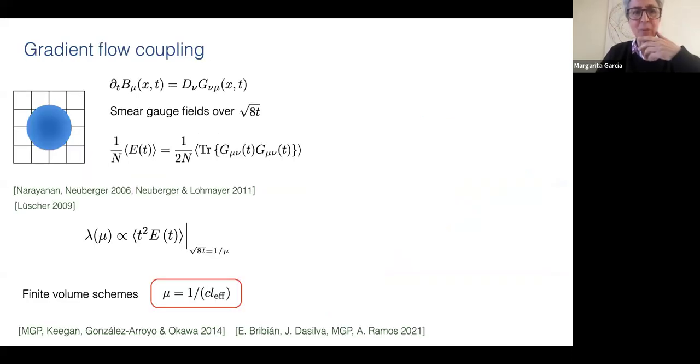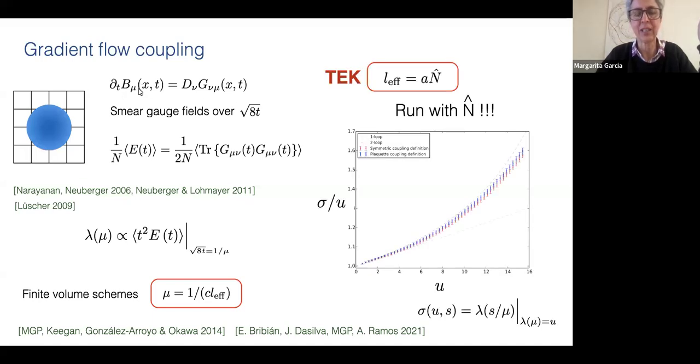Something else that we have done, which I think is sort of cute: there is nowadays something very popular in the lattice community called the gradient flow, which is used for many things, in particular for deriving the running coupling, I mean alpha strong. The idea is basically that you introduce a fictitious time called the flow time, and you evolve the gauge field along the steepest descent, I mean the gradient, I mean the equations of motion, okay?